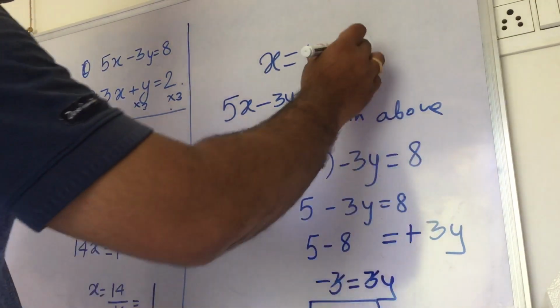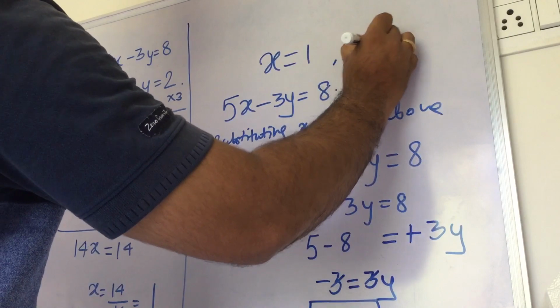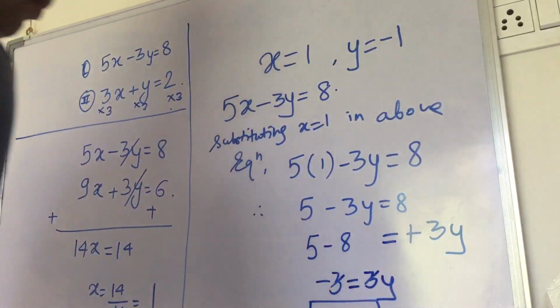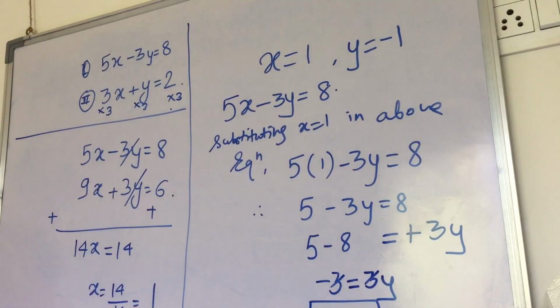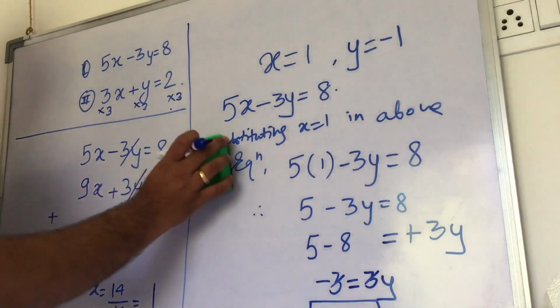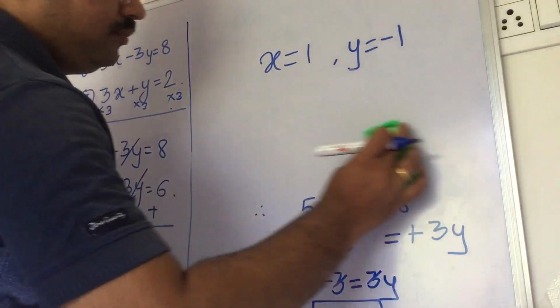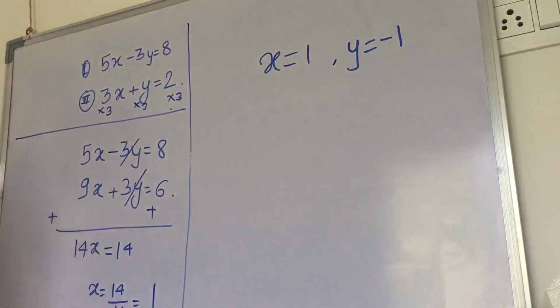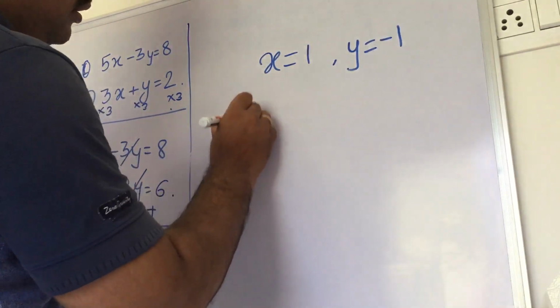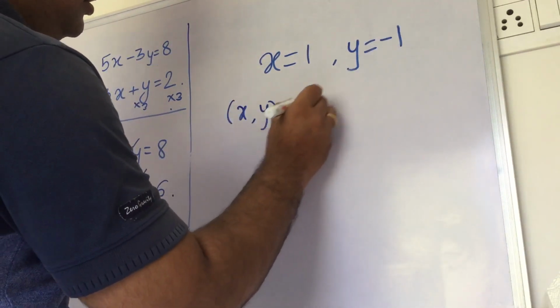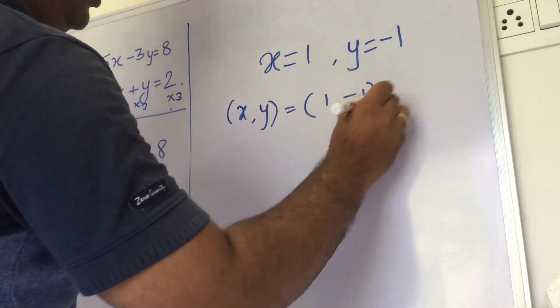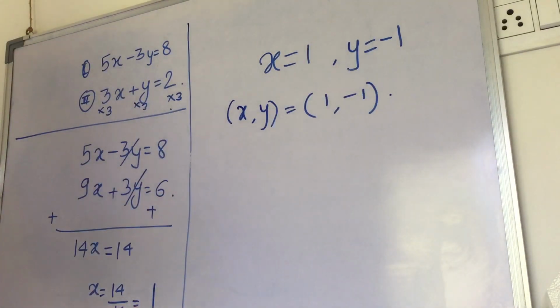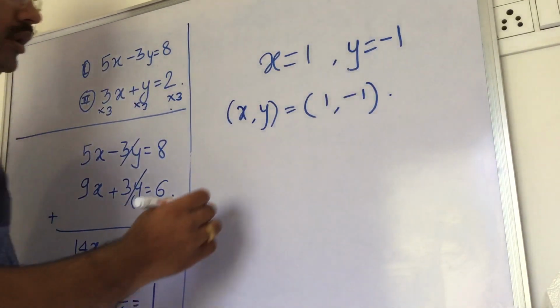Now you have both values, x equals 1 and y equals minus 1. This is your solution. So how do you write the answer in the exam? All these steps are required in the exam, right? You will say (x, y) is (1, -1). You will write systematically, that is,